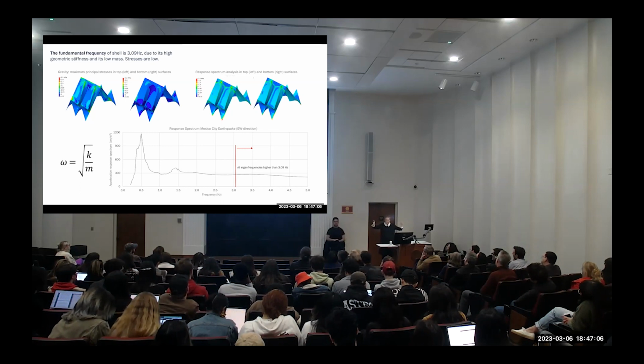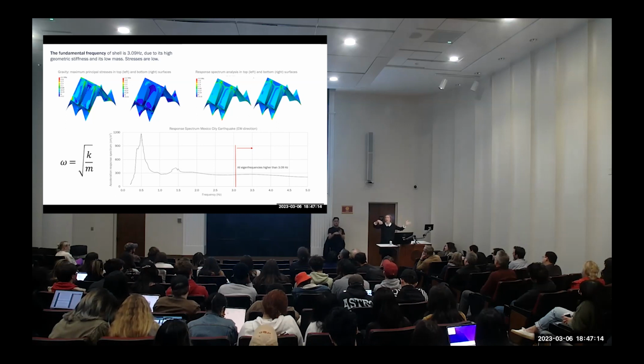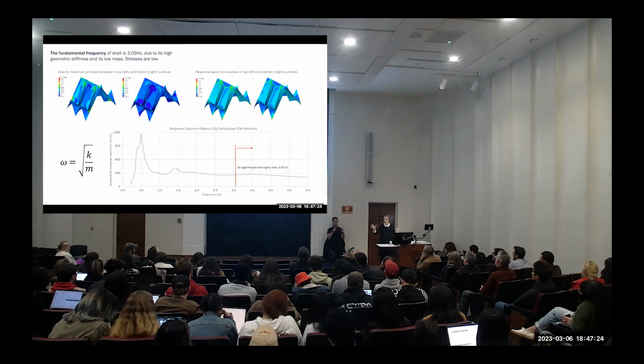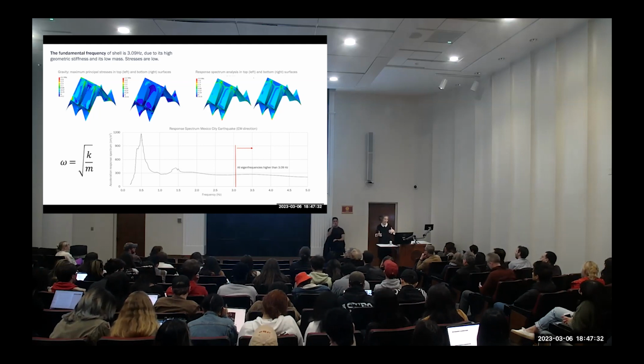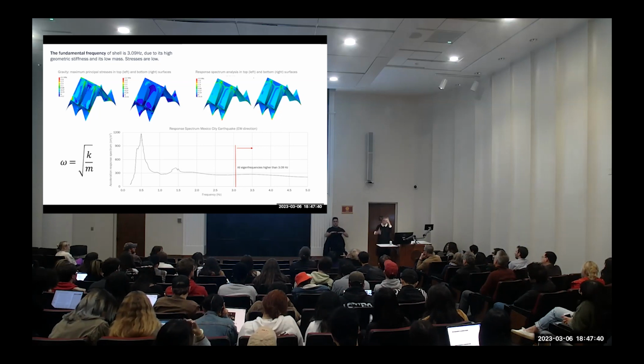And as a consequence, you don't really get a lot of structural damage, because when these two frequencies, the frequency of the earthquake and the frequency of the structure, coincide, we get what we call resonance, and then the structure starts moving about much bigger, and you get structural damage. You might have seen other examples, for example, the Millennium Bridge. I remember in 2000 they opened this bridge. There were so many people on the bridge that it started shaking at the frequency that it likes. People start adapting their step to it, and then you get resonance, and the whole thing just shakes more and more. So you absolutely want to avoid that.